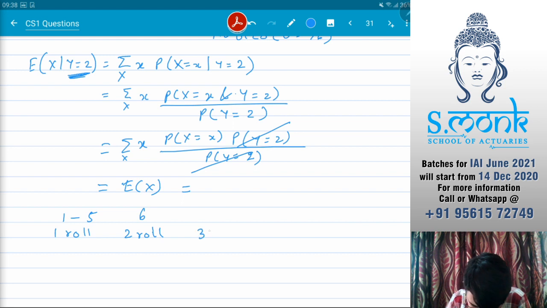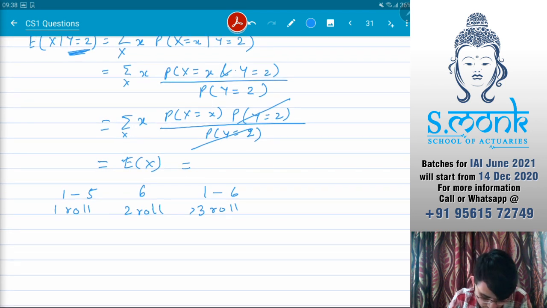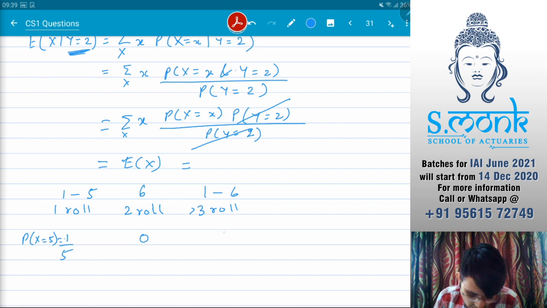Third roll, or anything greater than or equal to the third roll, these all can be 1 to 6, no problem there, okay. So the probability that my first roll would be 5 is nothing but 1 by 5. Second roll is definitely not 5. Third roll probability would be nothing but 1 by 6,